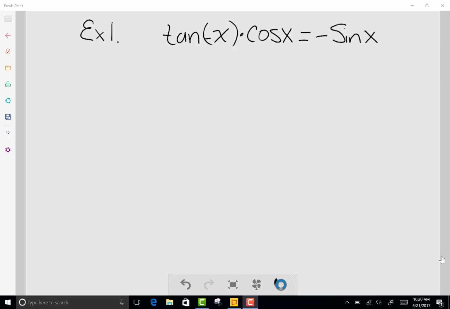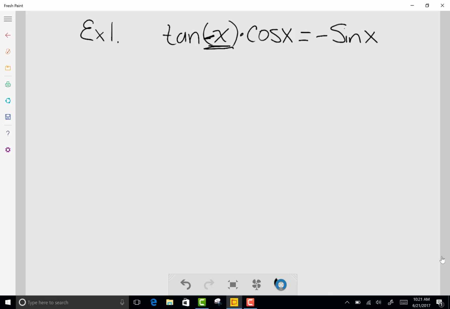In this video, we're going to use a fifth method to show how you can prove identities. So we want to show the tangent of negative x times cosine x is equal to negative sine x. Now, whenever you see a negative angle, like you do right here, in a trig identity, this is your light bulb moment that you should think, oh, I need to use even and odd properties in order to prove this